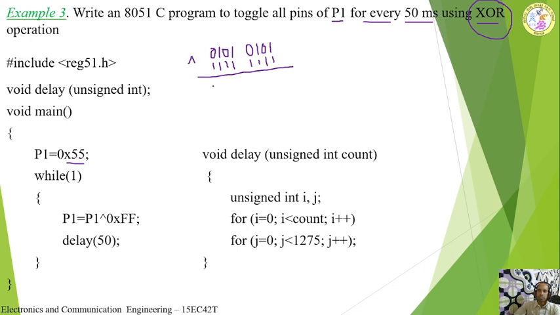The output of an XOR gate is 1 when the inputs are different. So here the inputs are different. This is 1 and this is 1, and again here this is 1 and this is 1, whereas the remaining bits are 0 and the inputs are the same. So here the input is the same, therefore it is 0. Again the input is the same, 0. What is this value now? See here, this is A and again this is A.